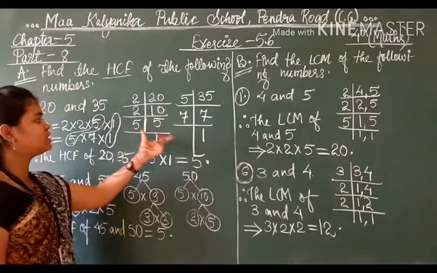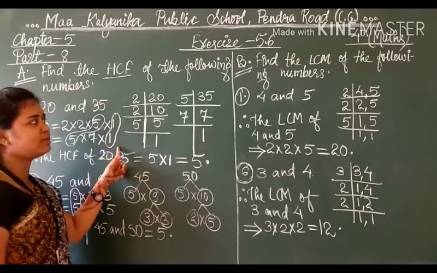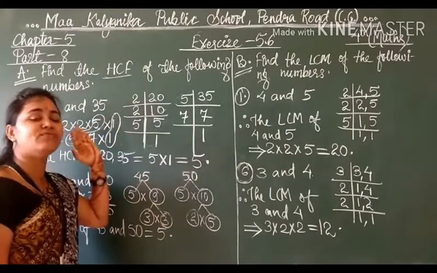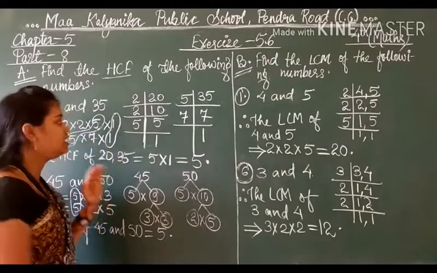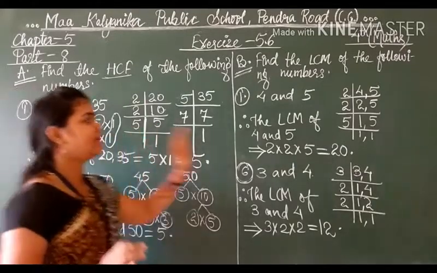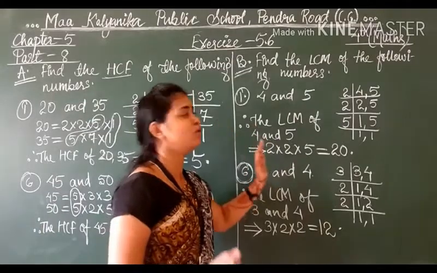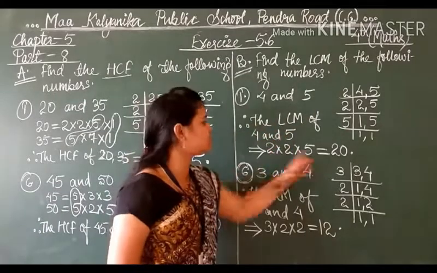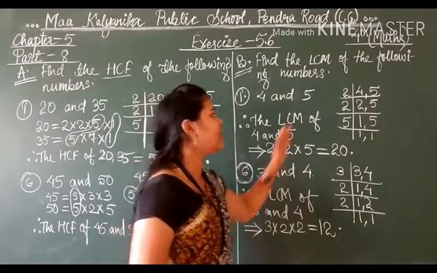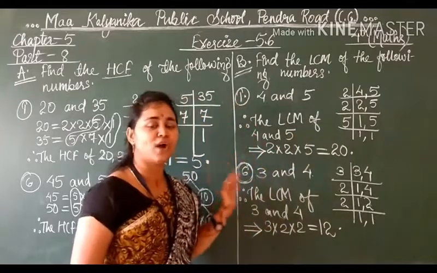So you can follow the second method, only one change will be there, or you can follow the factor tree method as well. This is your choice. And here the best method, I hope, is the second method, the one which I have written here now using this short division method.